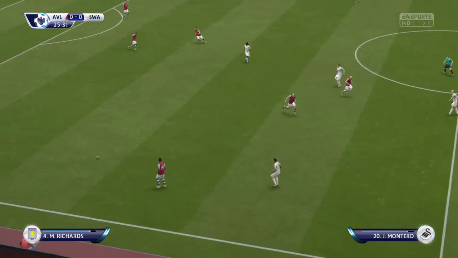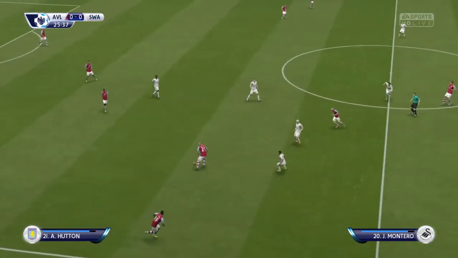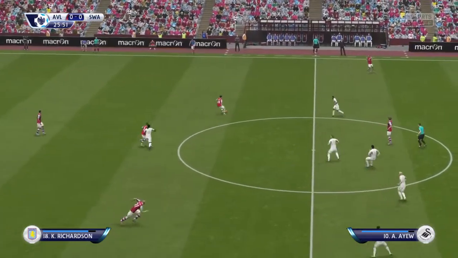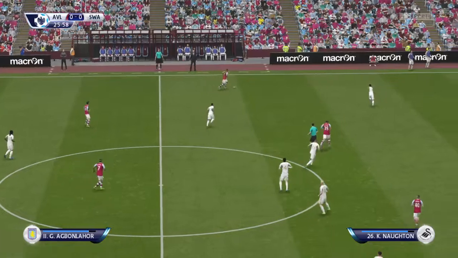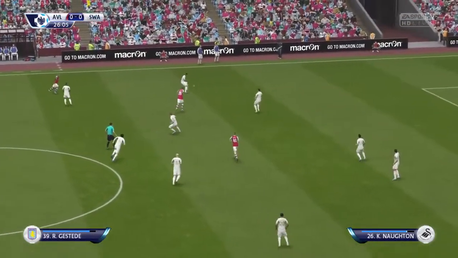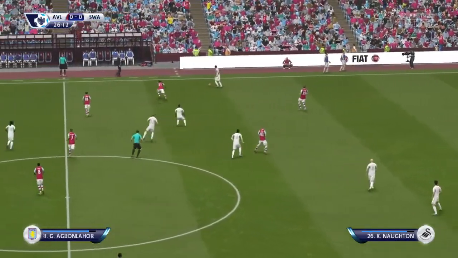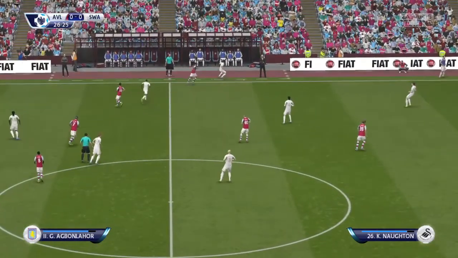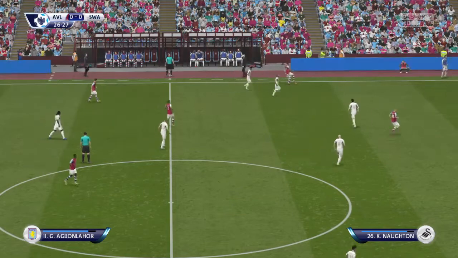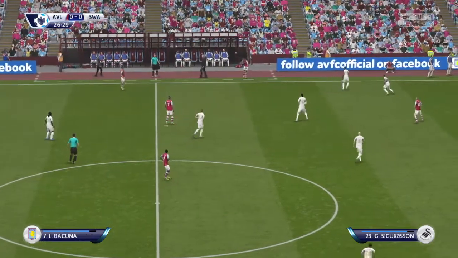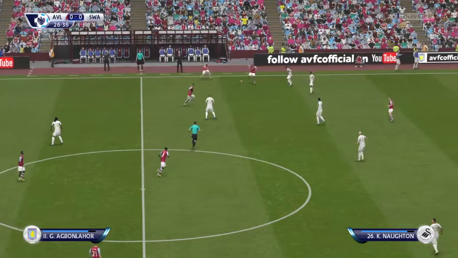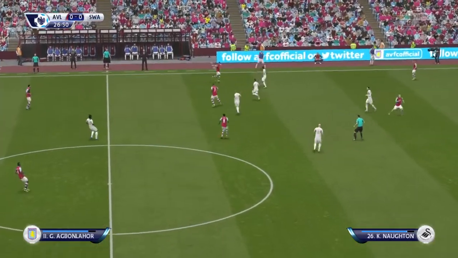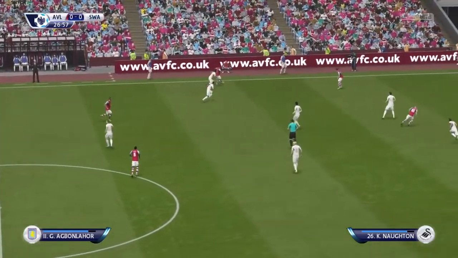Jordan Ayew. Kieran Richardson. Gabriel Agbonlahor. Now that's a throw. Leandro Bacuna. One, two, and having a little game of their own here.